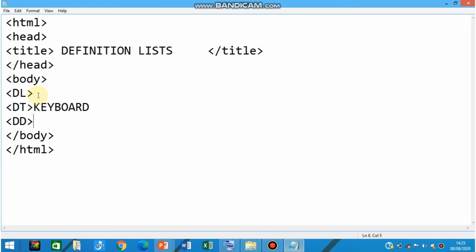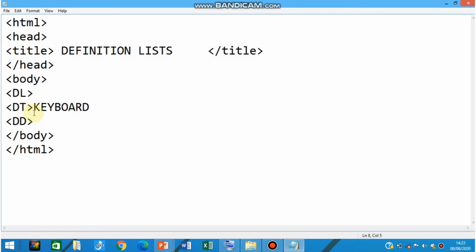So this is the basic outline of the HTML code. Let us mention title as definition list inside the head tag, then the remaining content we will mention inside the body tag. To use this definition list tag, first you have to use this DL tag. You have to open the DL tag, and inside that DL tag you have to use this DT tag, that is definition list term.